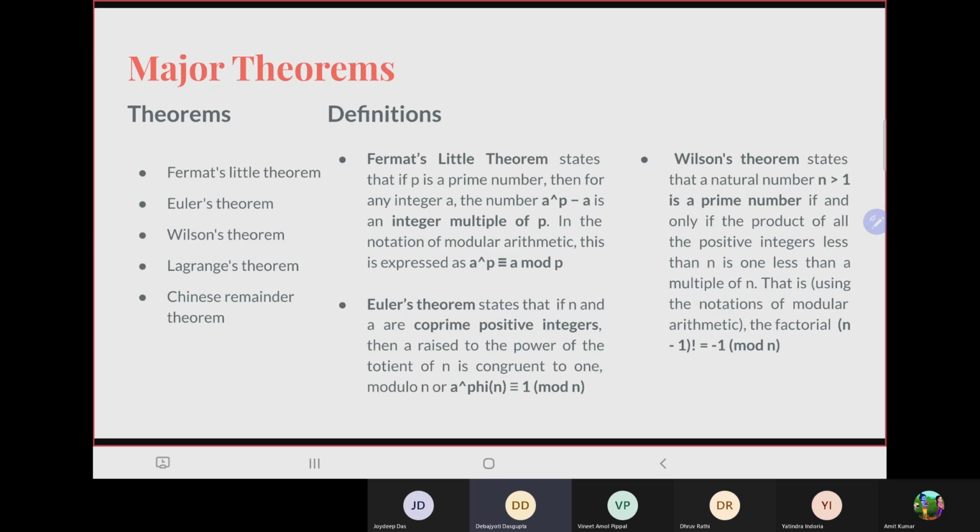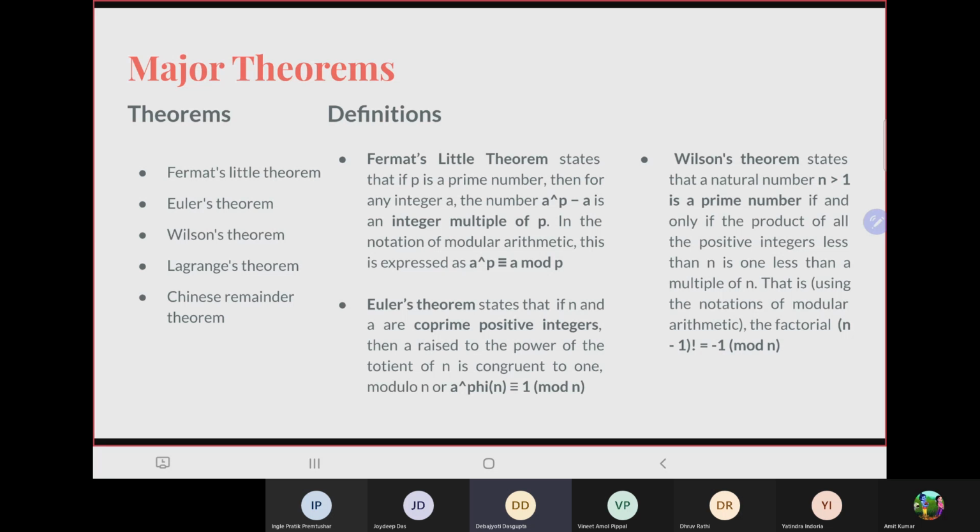So I will give you an example, say 6 and 35, right? 6 and 35, both are composite numbers. But you see that the GCD of 6 and 35 is 1. So we say that they are coprime numbers. So when we have two coprime numbers, A and N, then we can say that A to the power phi of N